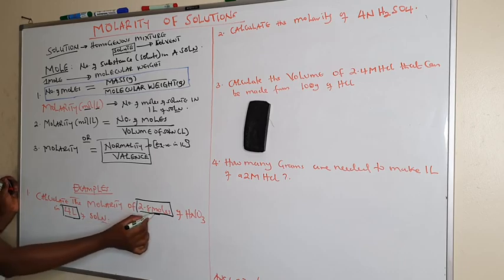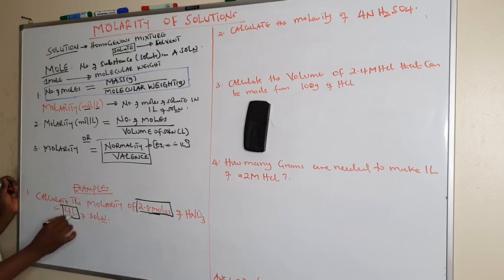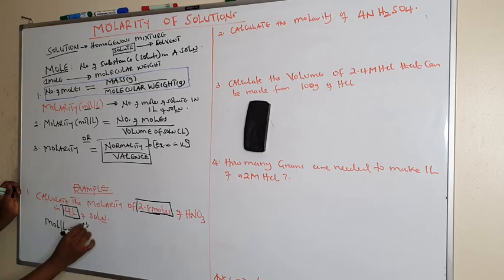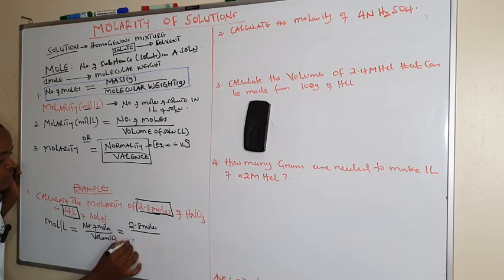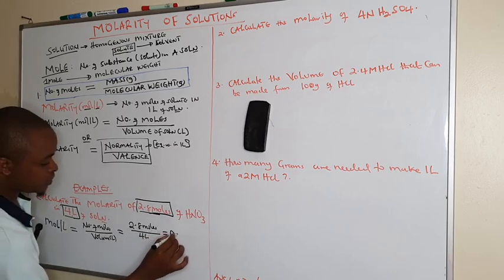Since we have the number of moles of nitric acid, and we have the volume in liters, molarity, or what we call mole per liter, is the same as number of moles divided by volume, and this volume should be in liters, which is already given. So this is 2.8 moles divided by volume, which is 4 liters, and the answer will be 0.7